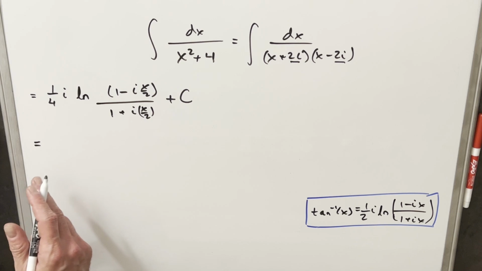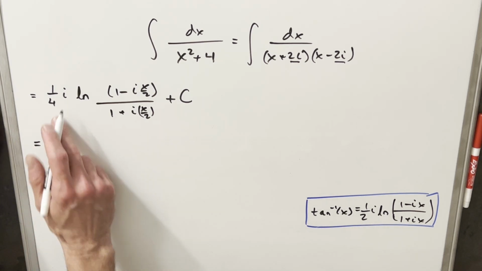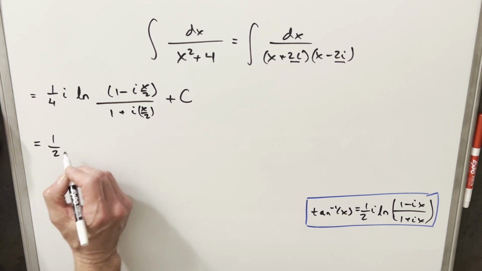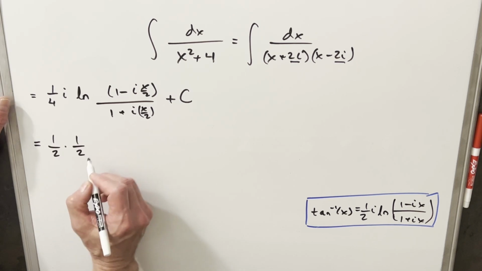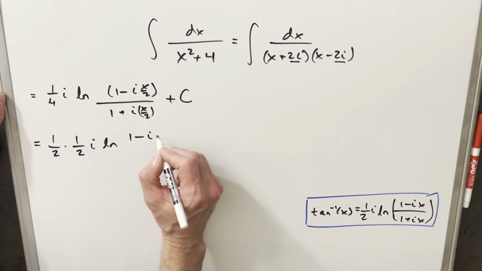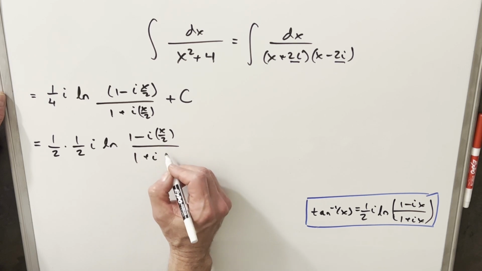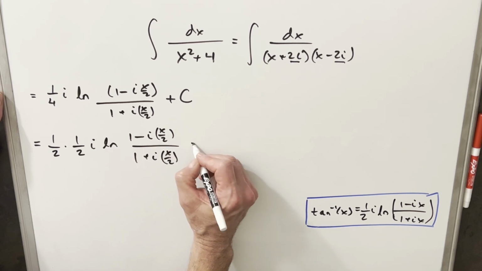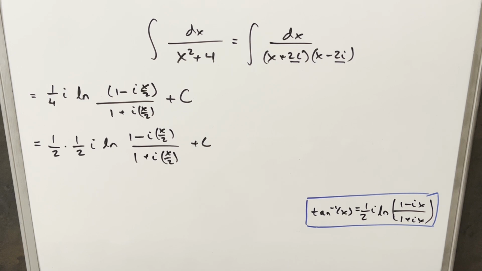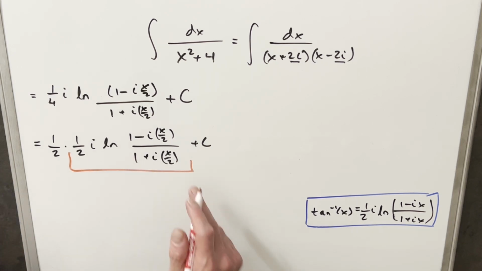Now at this point, I think there's just one more thing I want to do to finish this off. We have this 1/2 in front. Here we have a 1/4. Well, I can write 1/4, of course, as 1/2 times 1/2. We'll have this i, just rewriting everything, 1 minus i x over 2 here, 1 plus i x over 2, plus C. And then the key takeaway is this right here, this is exactly our arctan,